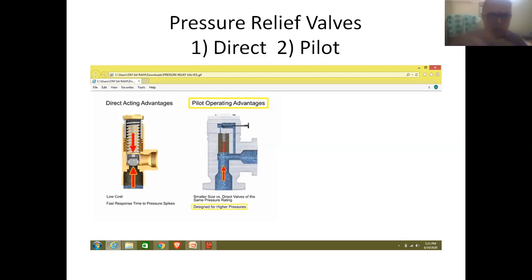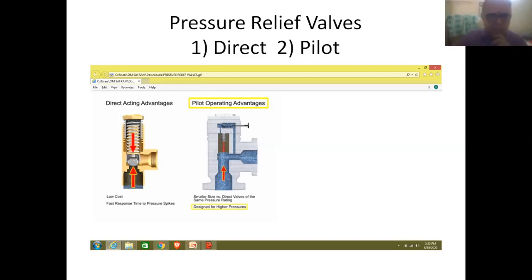So friends, as usual, the inlet of the relief valve is connected to the pipeline, that is the branch pipeline coming from the hydraulic pump. And similarly, the outlet of the relief valve is fitted to the return pipeline that is going back into the reservoir.